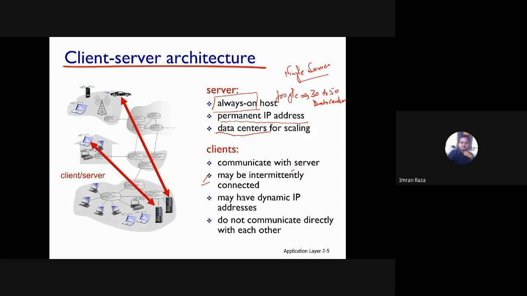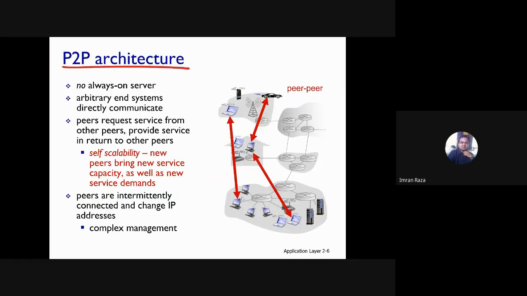So this is one possible architecture of a network application.